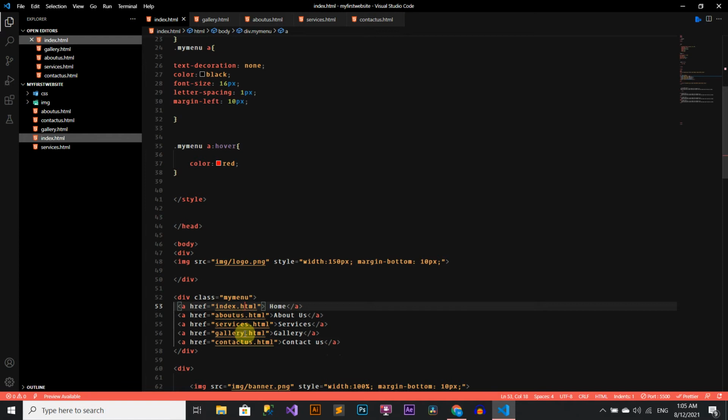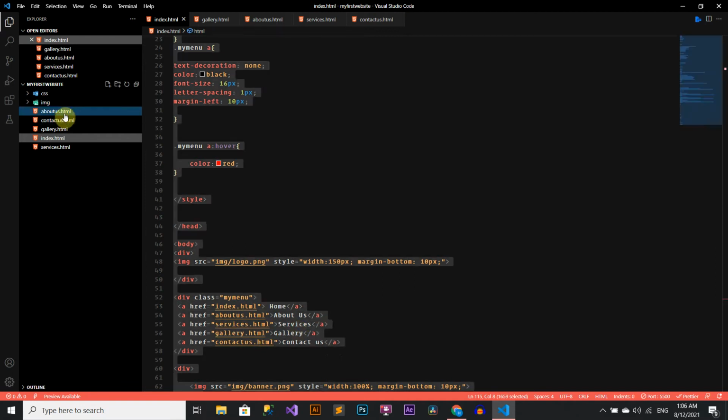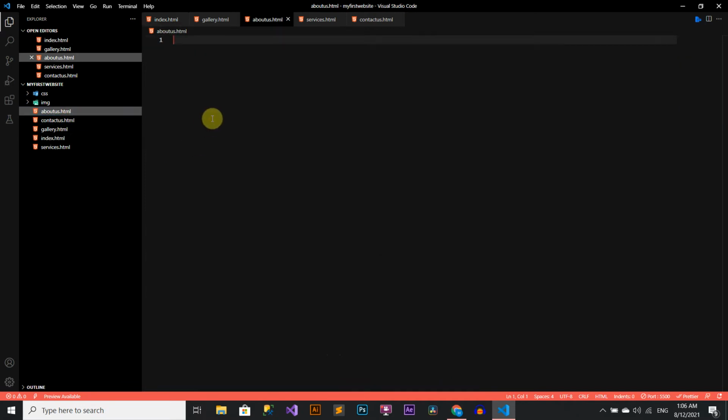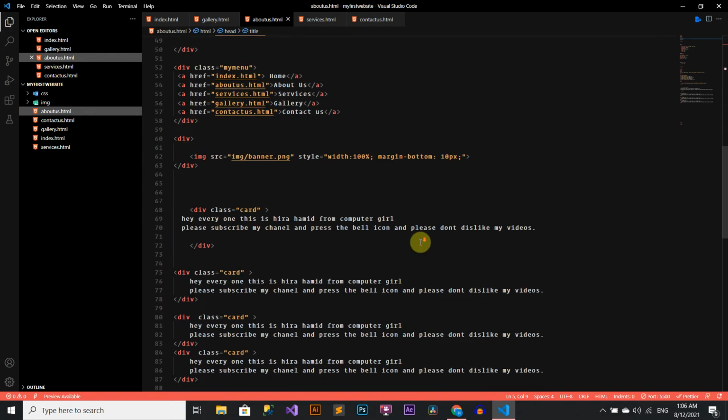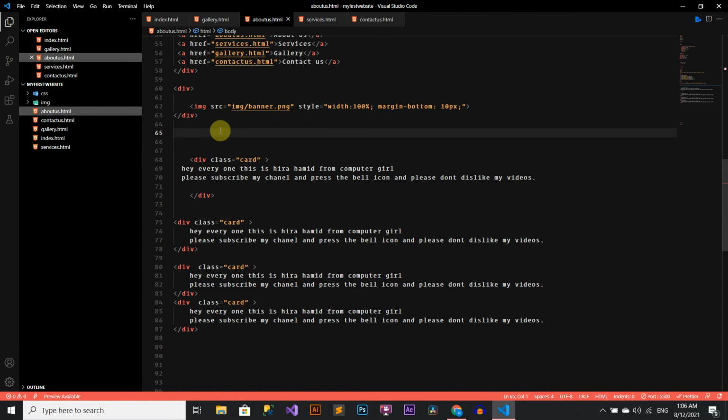Now copy the home page code and paste in about us. So we can recognize this is about us. We will copy the same way in all pages.